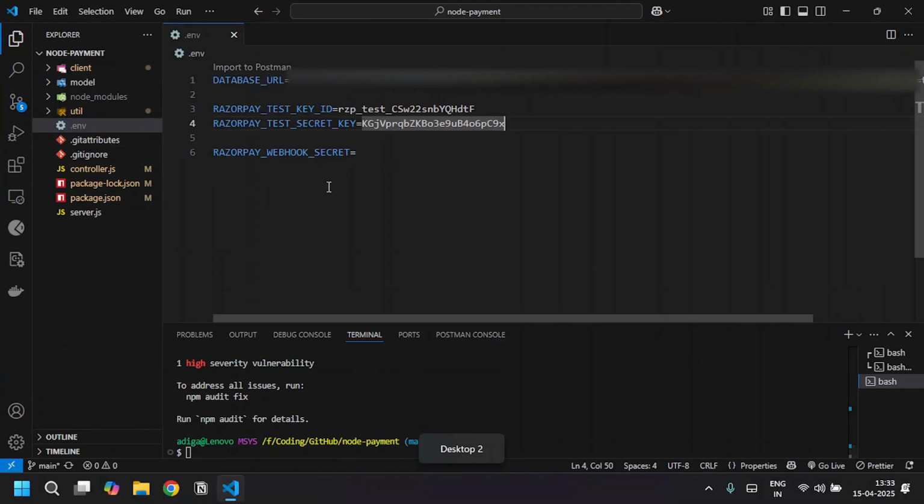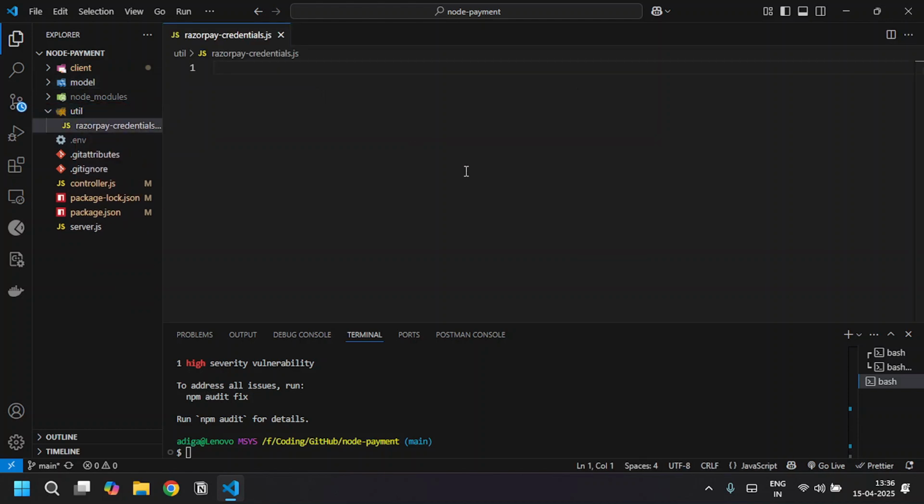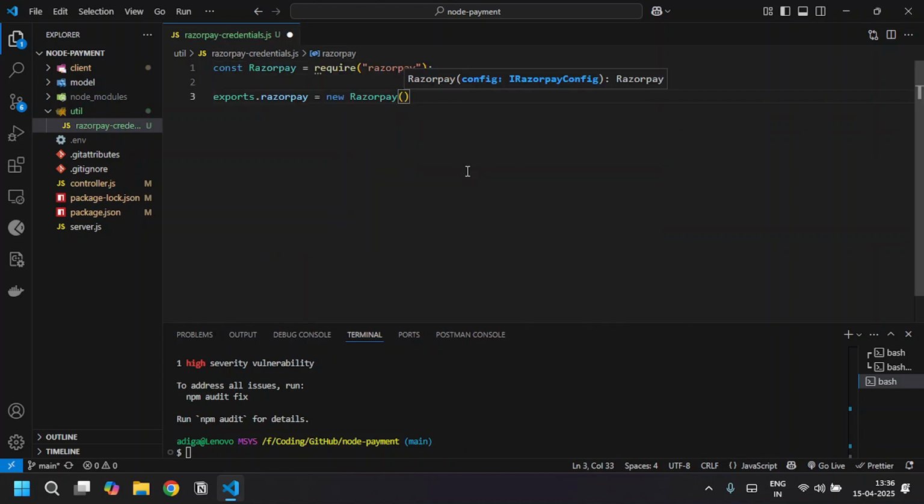After copying both, let's create the Razorpay credentials. I will create a file in utility called razorpay-credentials.js. In that I'm going to export the Razorpay instance: exports.razorpay equals new Razorpay. Inside this, we need to add the key ID